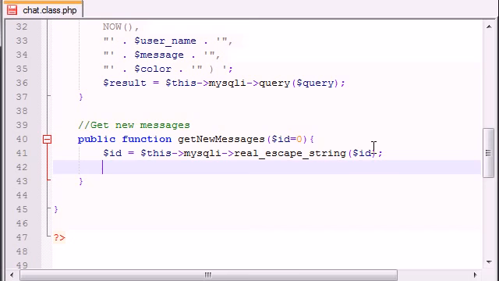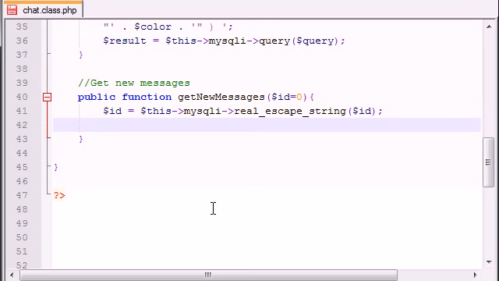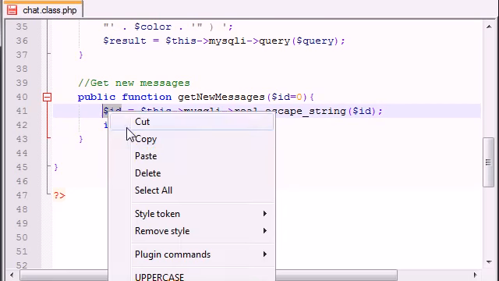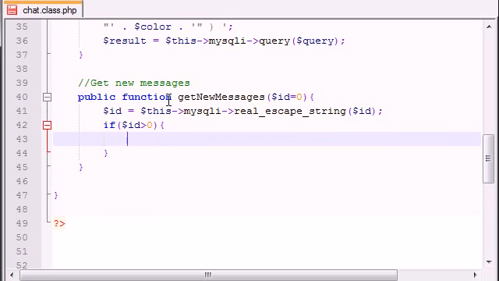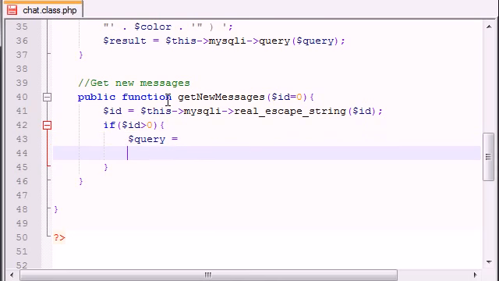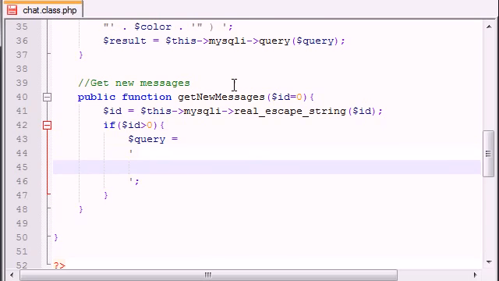So the first thing we have to check is, all right, is the user's ID number greater than 0? Let me go ahead and give myself a little bit more space. If the user only wants the messages that are greater than 0, then let's go ahead and give them the new messages only. Of course, for this, we need to build a query. I'll do it like this. So the query for this is just